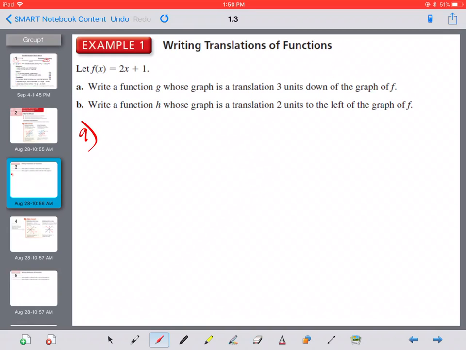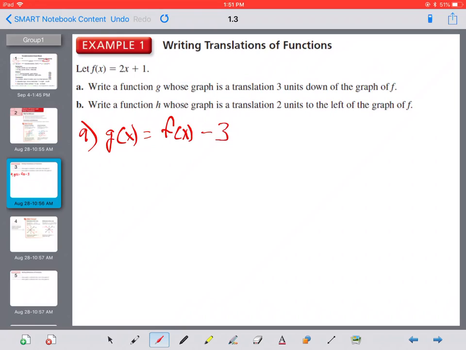In problem A, they want us to write a function g whose graph is a translation 3 units down of the graph of f. So I'm going to do g of x equals, now here, up and down is the k direction. So that's on the outside. So I'm going to do normal f of x, and then I'm going to add, oh, nope, not add,